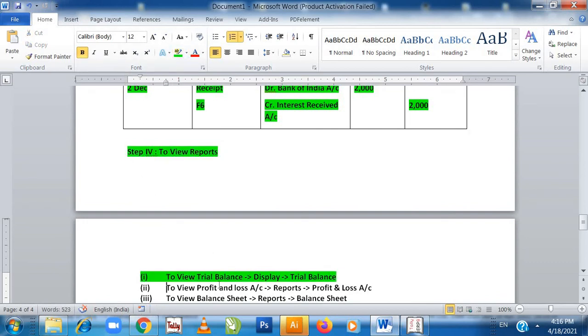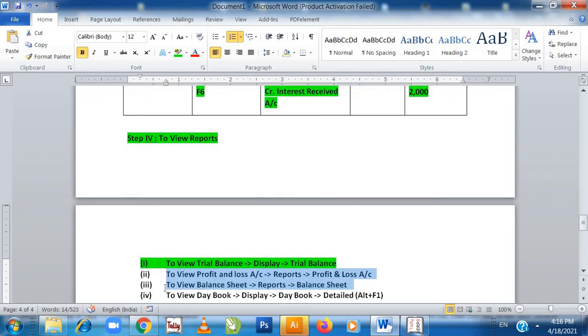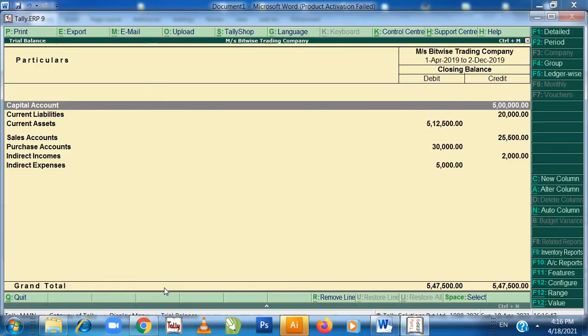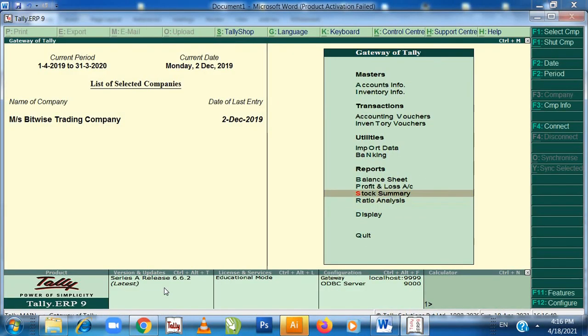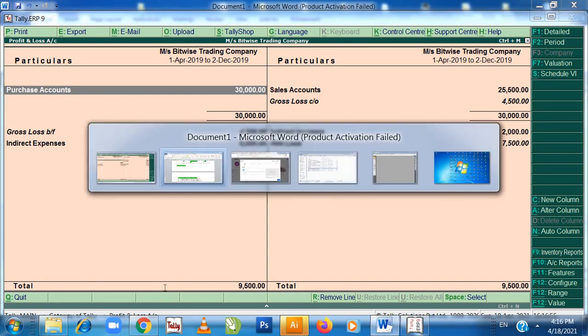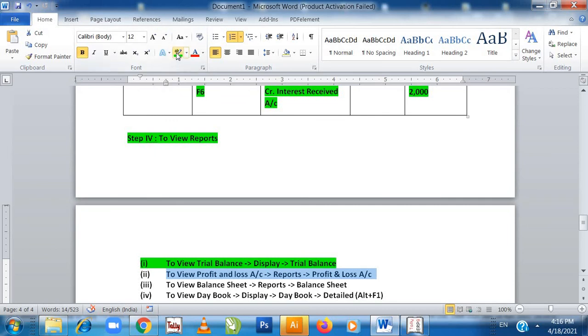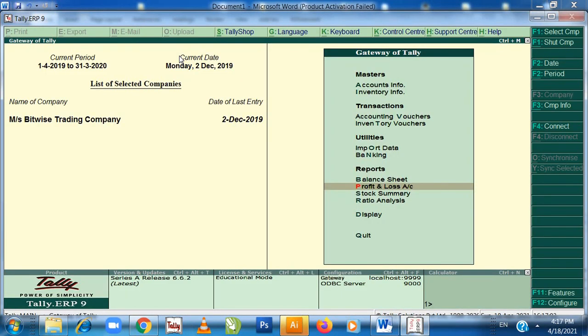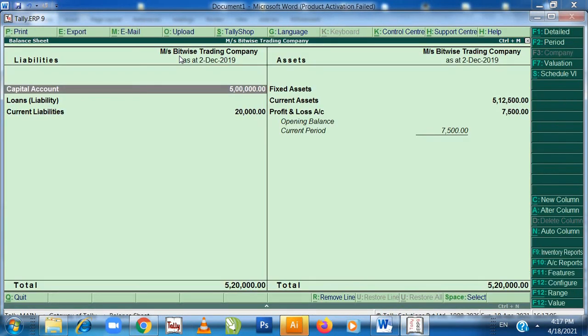Then to view profit and loss account, go to reports again. Here profit and loss account is there, so I can see my profit and loss account over here. And then if I want to view the balance sheet, I can see my balance sheet also. Escape. Here is my balance sheet. Everything is there in the reports.